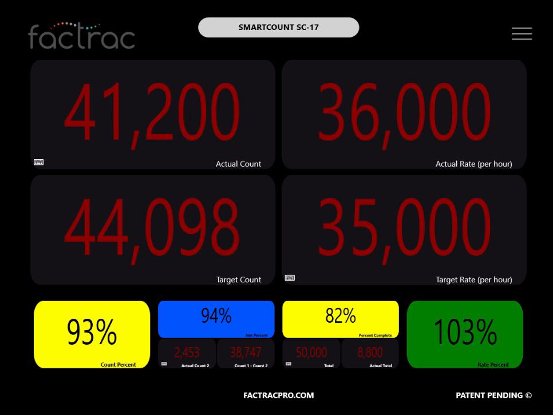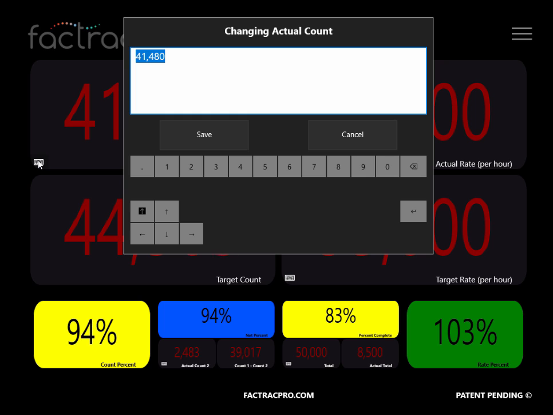This is an introduction to the SmartCount SC-17. Actual count. Your input of a discrete pulse into the first M12 port of your SmartCount device will register as a count. Input devices can be a proximity sensor, PLC, push button, or foot pedal. By selecting the keyboard icon,